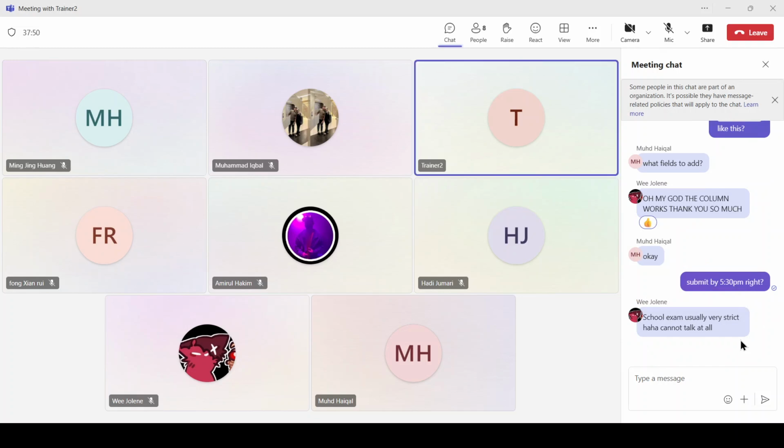Yes, because you all have separate PCs, right? But guys, don't share the commands. Only share what is necessary, for example, the column.